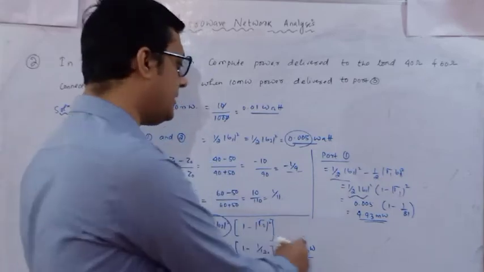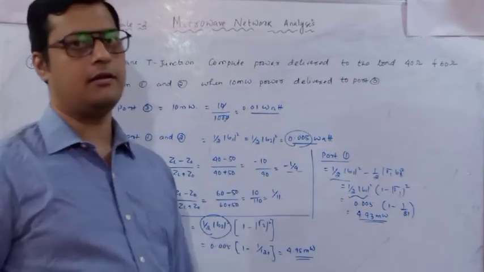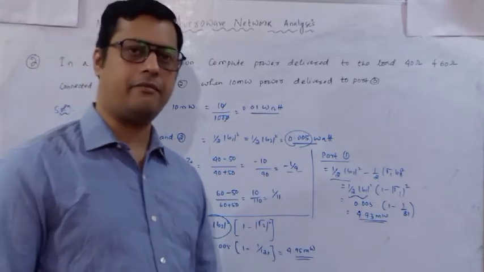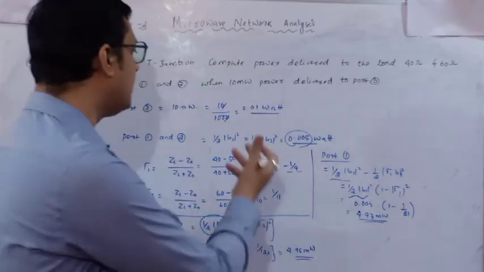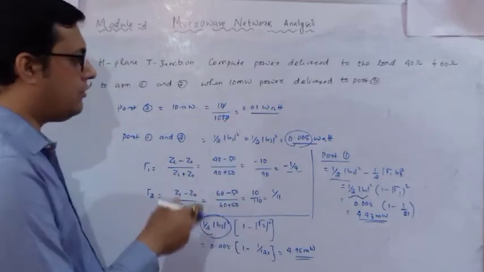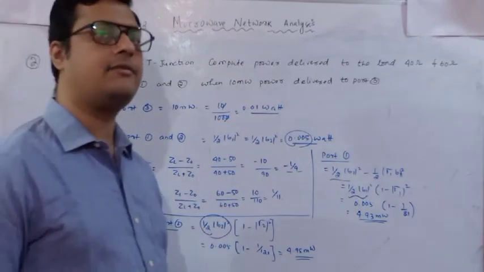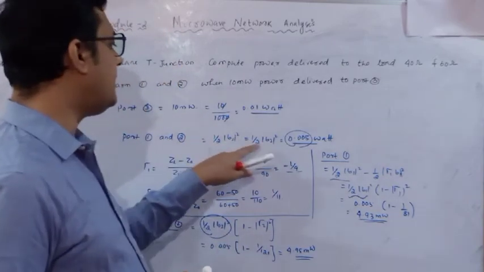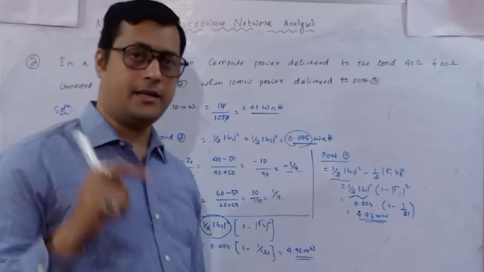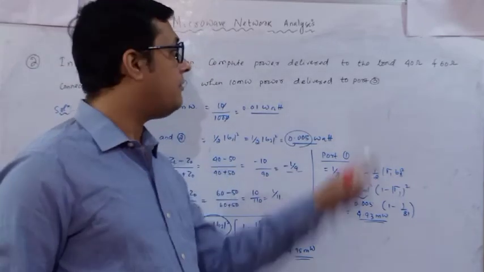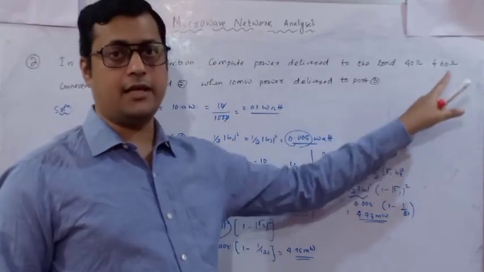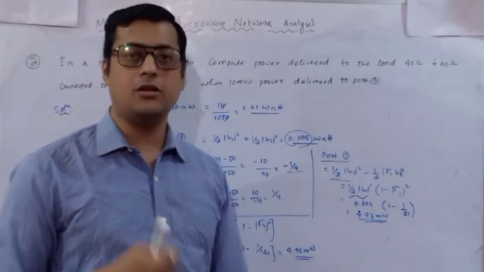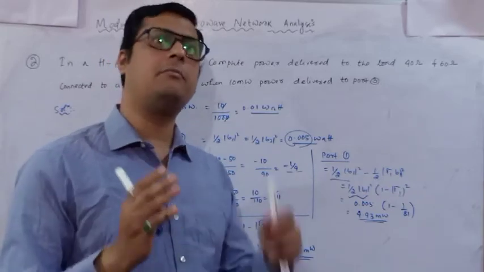Now when you add these two powers, you will get around 10, because 4.93 and 4.95 is near about 5 each. So a total of 10 milliwatt is going to be distributed at port 2 and port 1. Since we can't directly justify that the same power is available, here also I can say that equal power is available. But due to the presence of these two impedances, 40 and 60, some reflection power will be there.